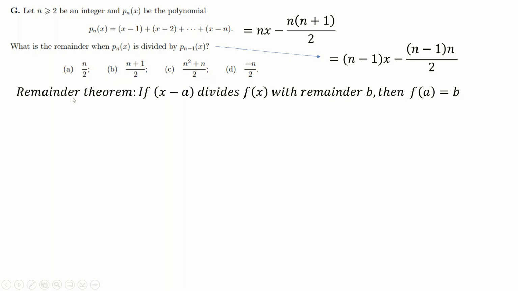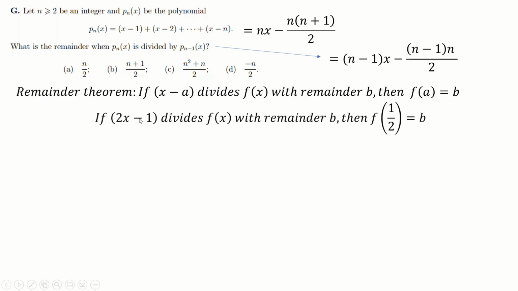But remainder theorem is just a more general expression, or a general form of that, whereby you just replace 0 with whatever the remainder is. But also, we can make this more complicated. We can say if 2x minus 1 divides f of x with remainder b, then f of a half is b,